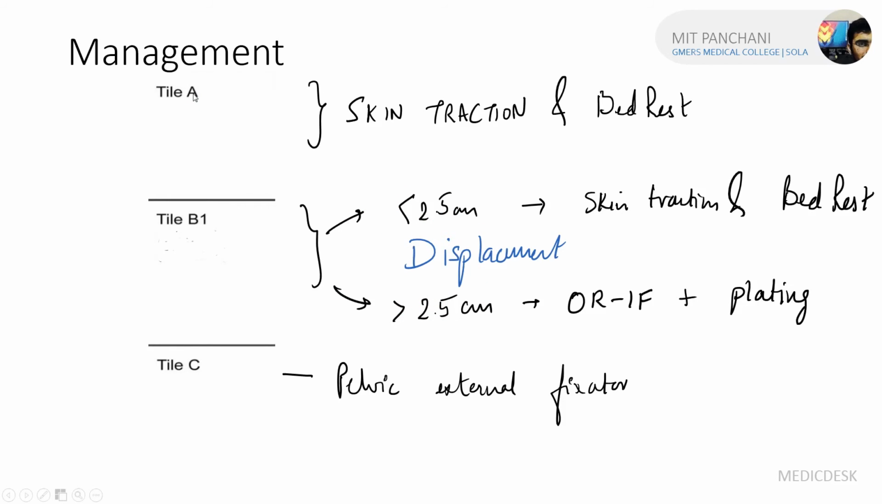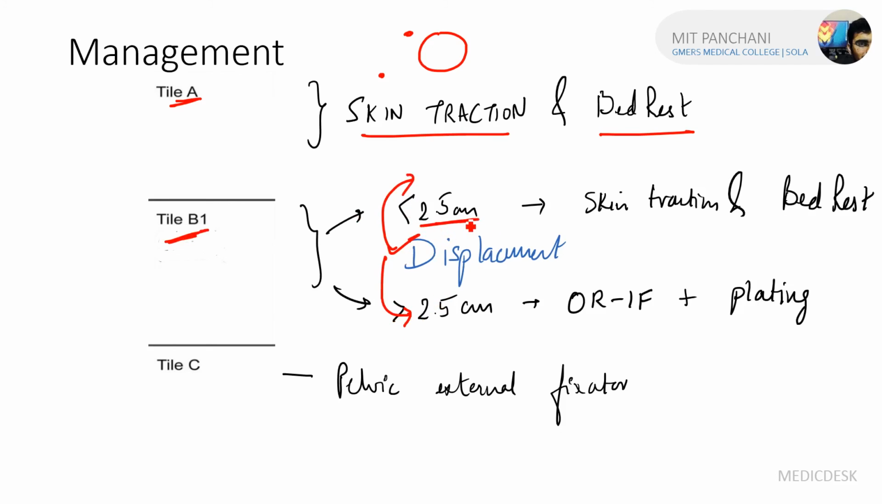And for management purposes, if it is type A of Tile's classification, we have to give skin traction and bed rest because the fracture was on the wing and at the anterior superior spine and not on the rim. Now on type B, the displacement is either less than 2.5 cm or more than 2.5 cm. If it is less than 2.5 cm, just give skin traction and bed rest, same as above. But if it is more than 2.5 cm, then you do an open reduction and internal fixation,